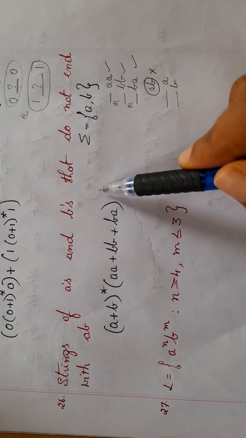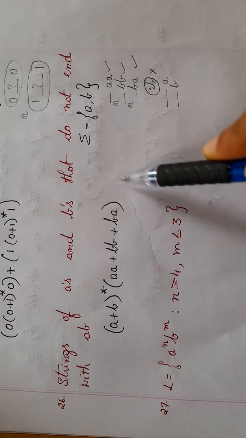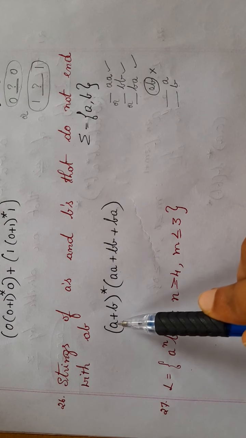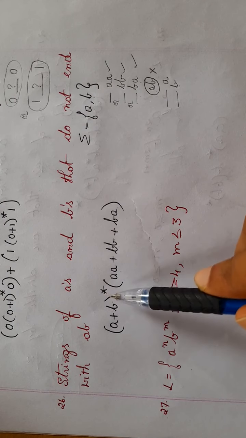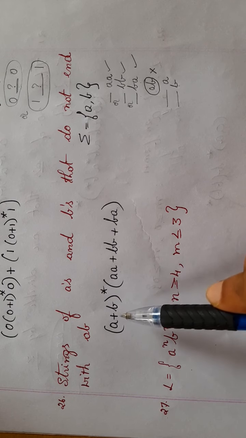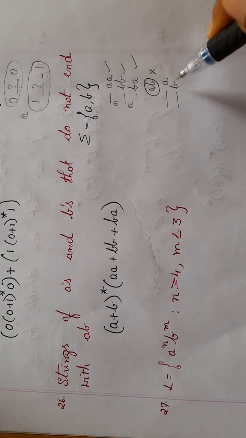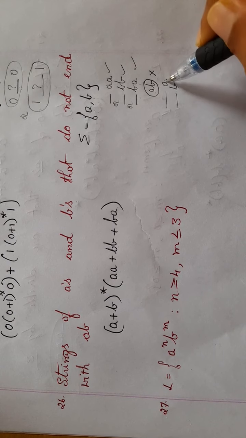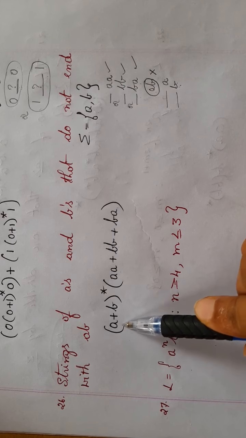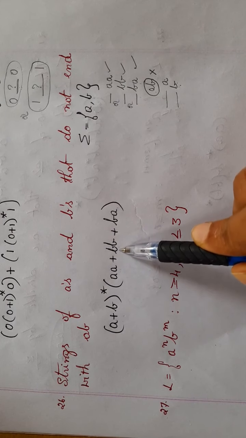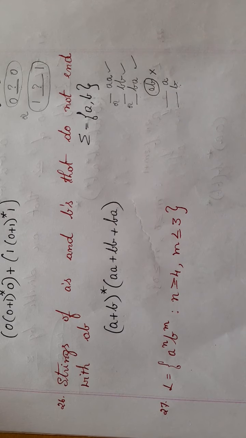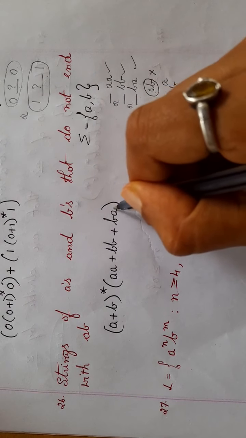If I take 0 or more occurrences, what happens? This will be 0 or more occurrences, and here at the first run it may be A, in the next run it may be B, A. So this is 0 or more occurrences, so it can be any number of times. So in order to satisfy this condition, that is only A or only B, in the beginning I can have any number of occurrences here, at the end I can have AA, BB, BA, or I'll take it as epsilon.